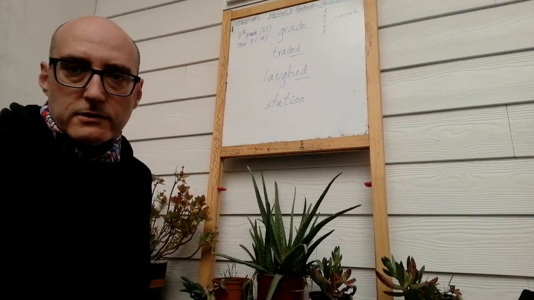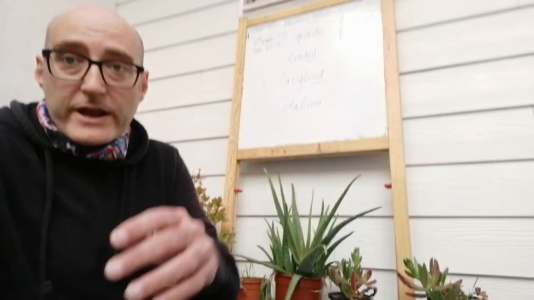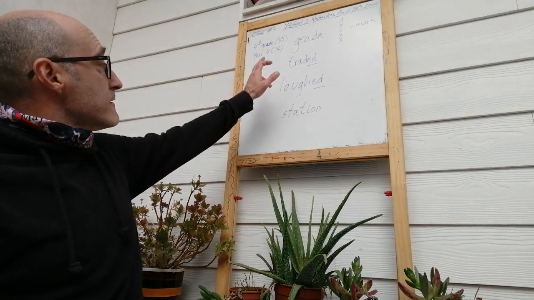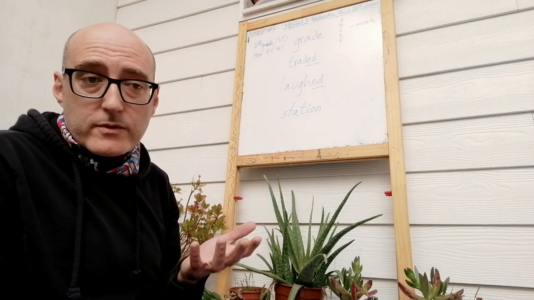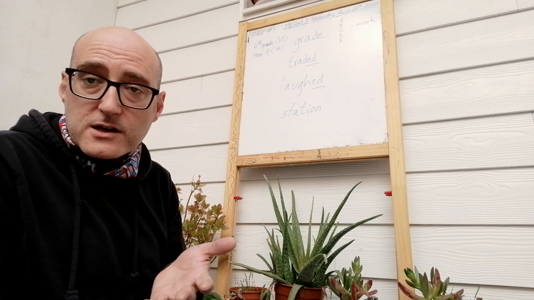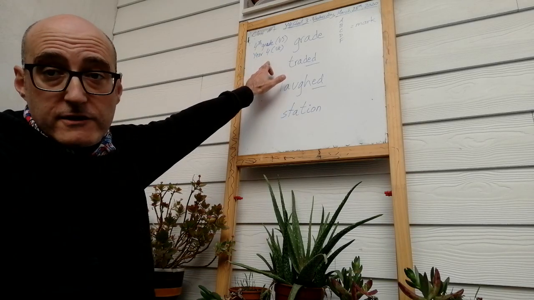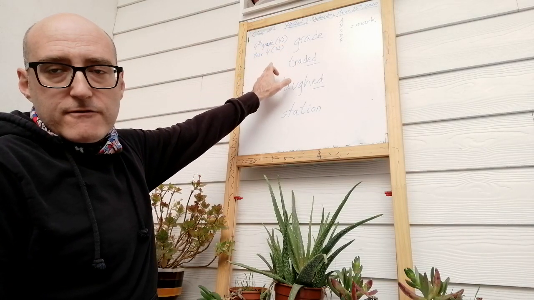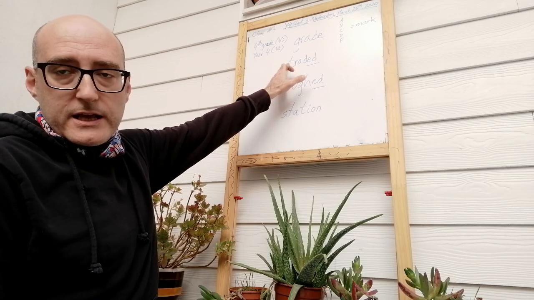So we go now to the last column, column number 5, and the first word is grade. Now, grade means a number of things. First is the school year that you are in. So, for example, you guys are in 4th grade or year 4. 4th grade is the way they say it in the United States. Year 4 is how they say it in the UK, in Great Britain.